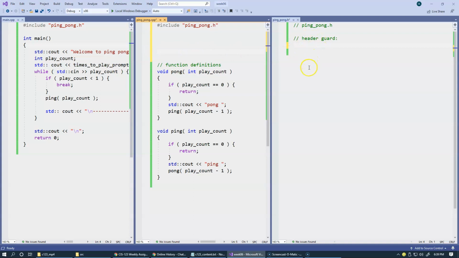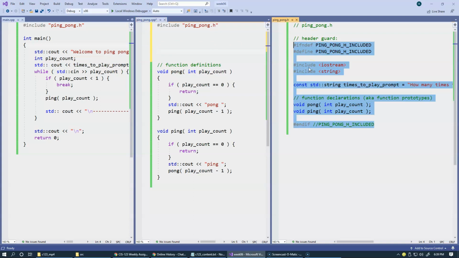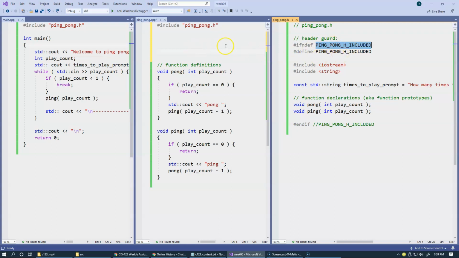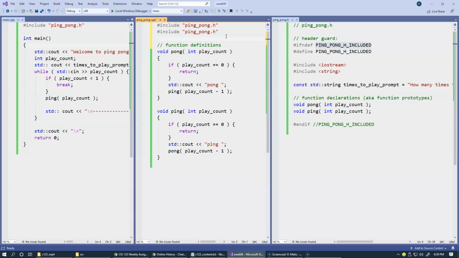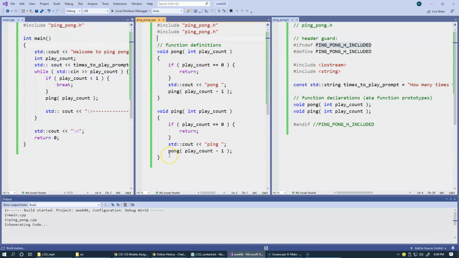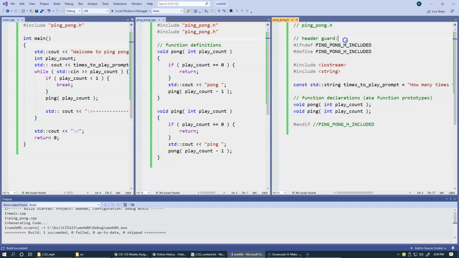Essentially, by manipulating the preprocessor itself, by using this preprocessor symbol, ping pong _h included, we're controlling a way that multiple includes should be safe. In other words, if we use these multiple includes, and if we try building this program, there should be no issue, no complaints or anything. But if temporarily I get rid of this header guard